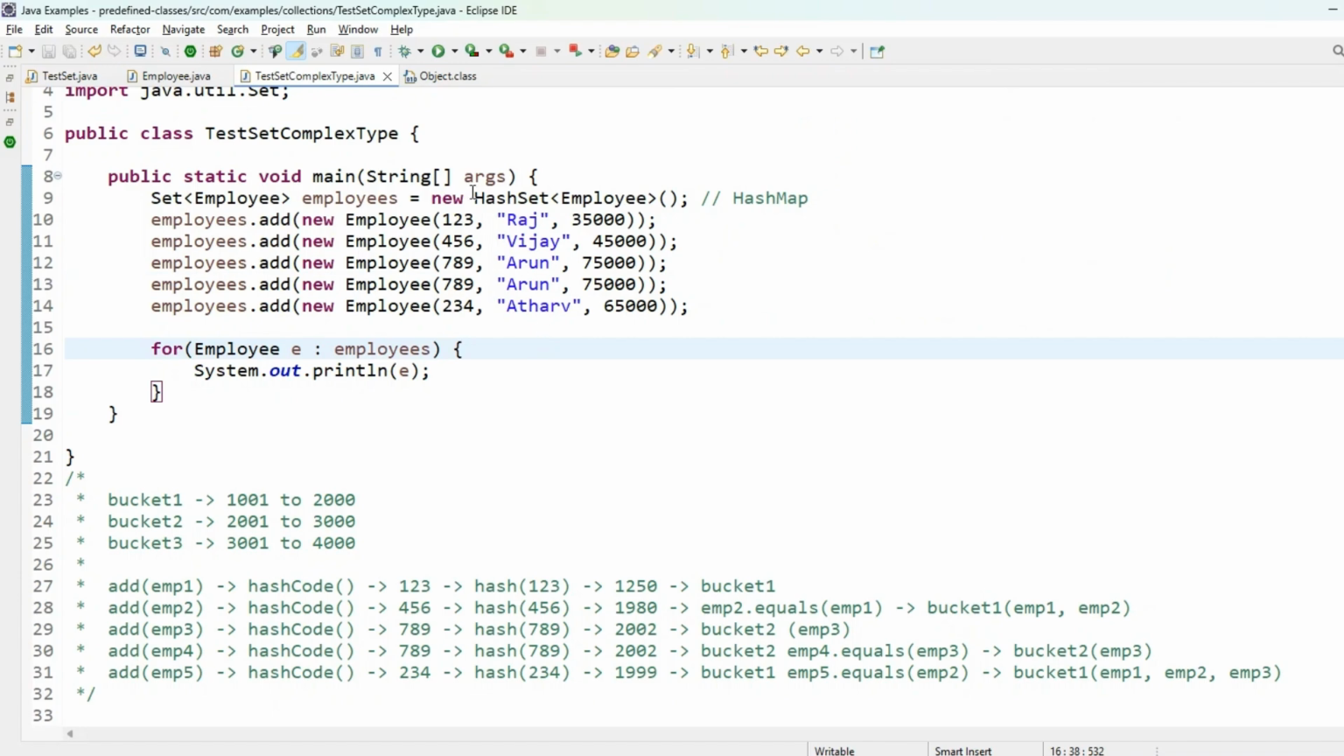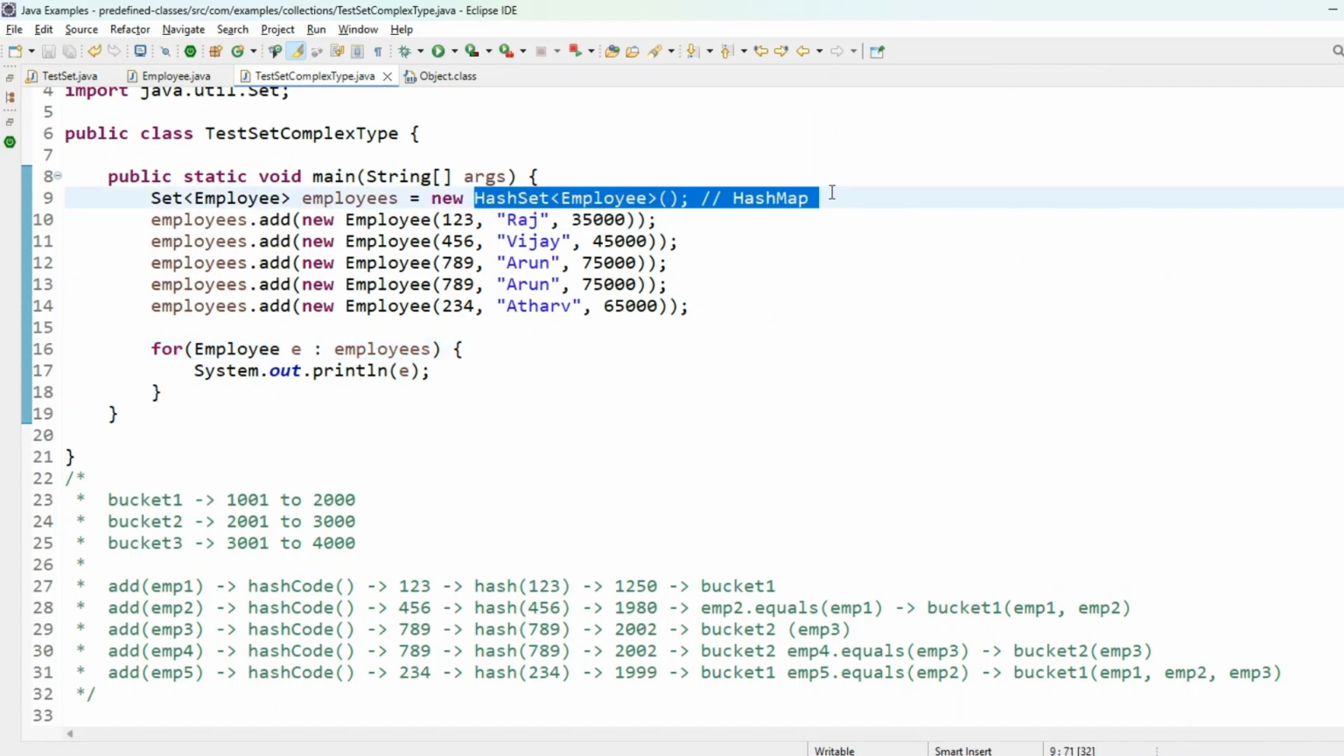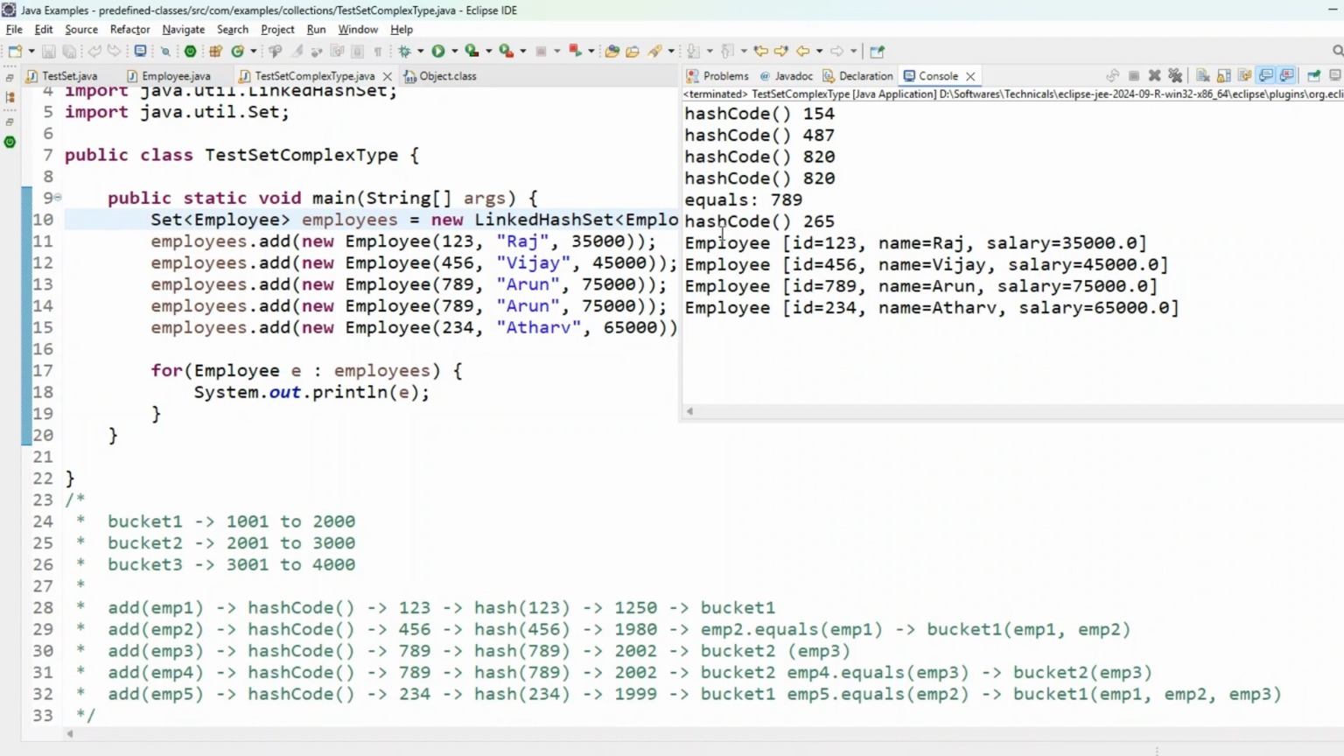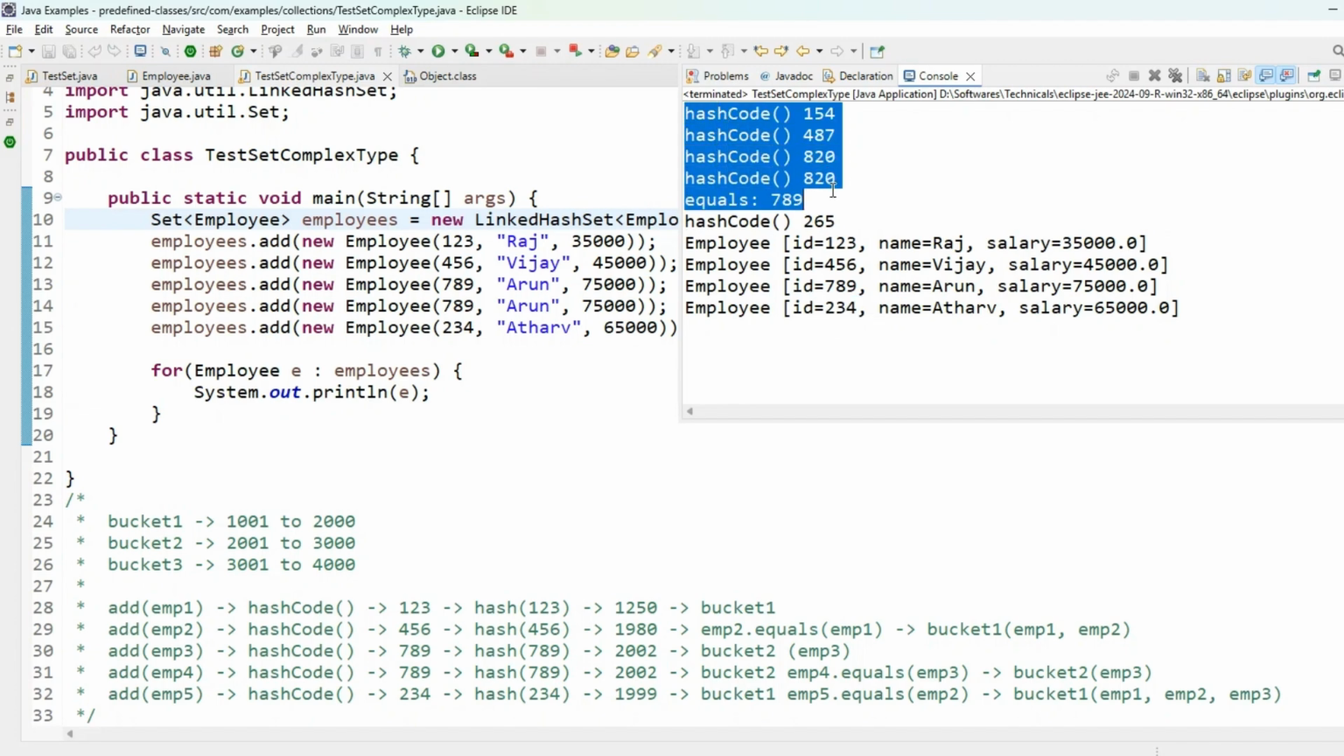But there is one more implementation which is an extension to the hash set, that is linked hash set. We will use linked hash set also. If I use the linked hash set object, even this also uses hashing technique to maintain the element, but this is going to maintain the insertion order. So if I run the program, I should see the elements in the insertion order 1, 2, 3, 4, 5, 6, 7, 8, 9, and then 2, 3, 4. And this is the proof that hash code is getting called even when you add the elements in linked hash